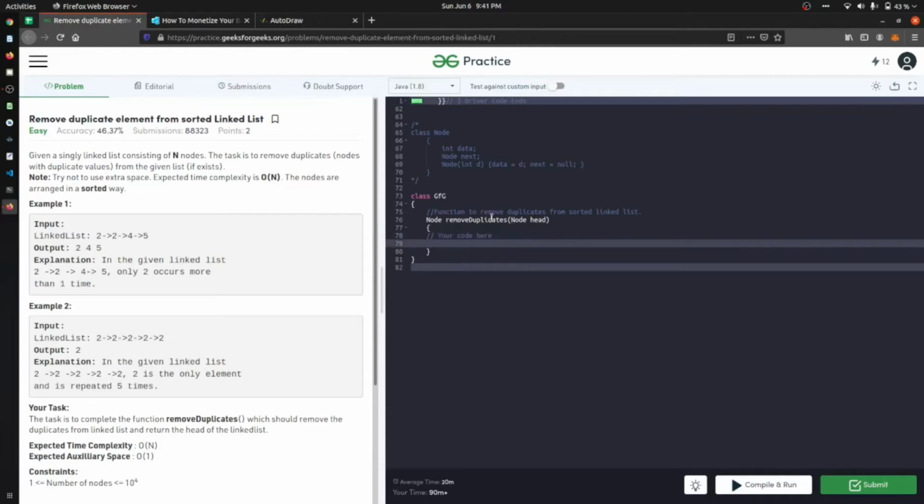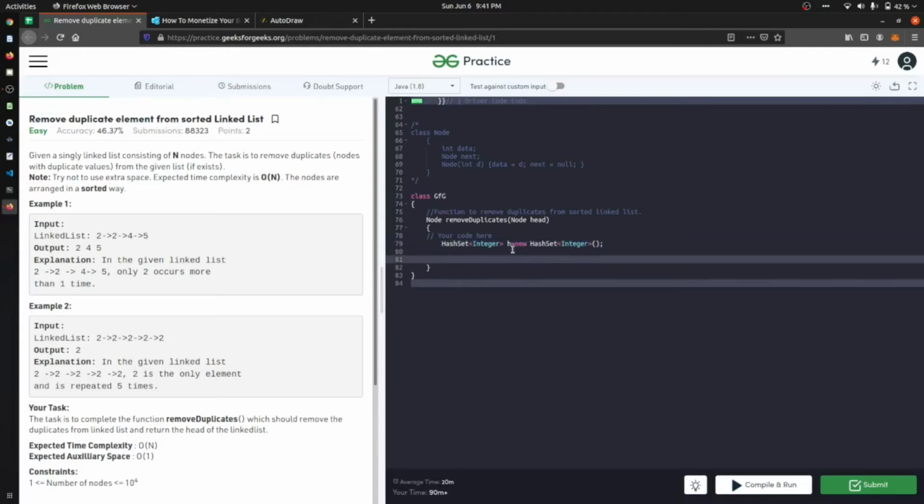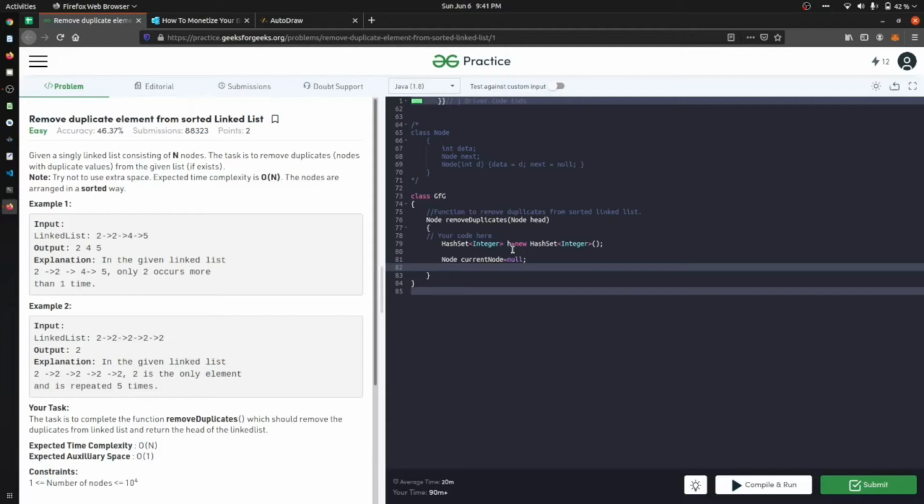You can see that we have a node and we have a head. I'm gonna show you firstly using the hash set. So let's create a hash set which will have integer, HashSet h equals new HashSet. Now we will create two pointers: Node current node, and Node previous, which will be null.